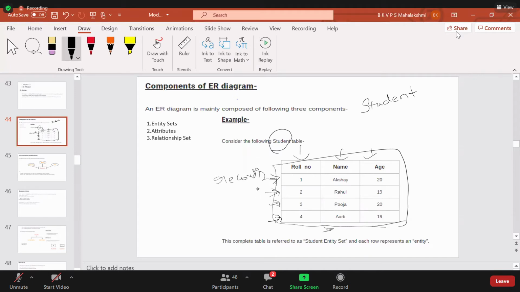In DBMS terminology, the columns are called attributes. So you might get a doubt, what is the definition of an attribute? See, for a student, what are the features? Not physical features, I'm asking related to the academics. What will be the features? It has specific properties. At least tell me the properties of a student. He has roll number, name, age. Apart from these 3, any other for a student?